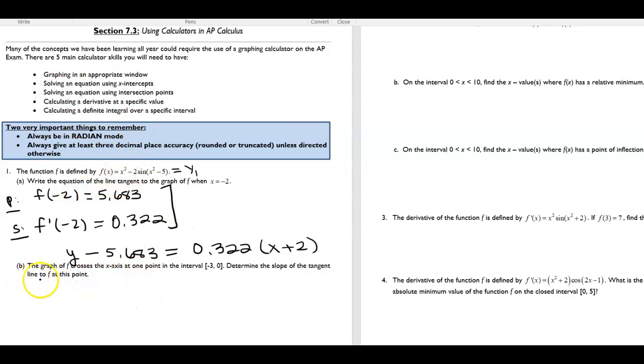In part B, it says the graph of f crosses the x-axis at one point in the interval from -3 to 0, and it asks me to determine the slope of the tangent line to f at this point. So the first thing I need to do is figure out this point where it crosses the x-axis, and then I need to determine the slope. So let's find the x-intercept first. So I'm going to go back to my calculator,